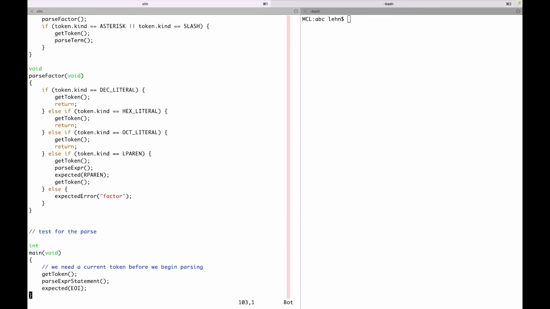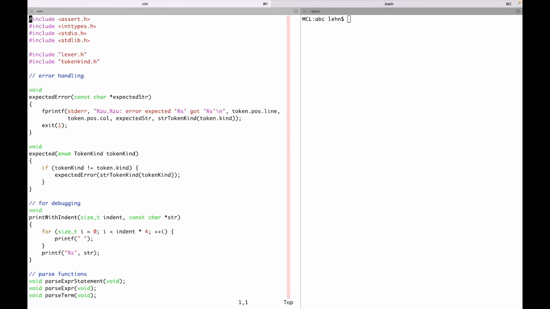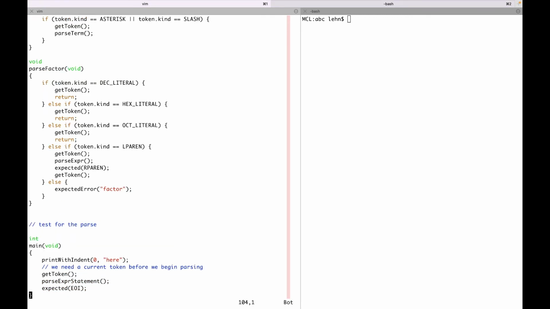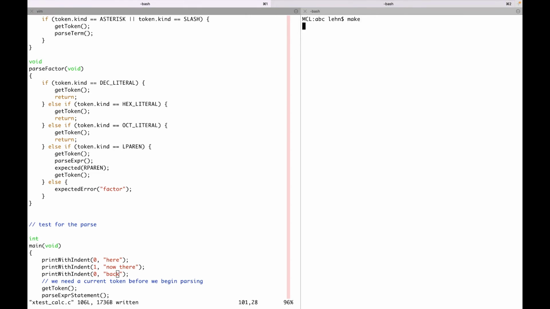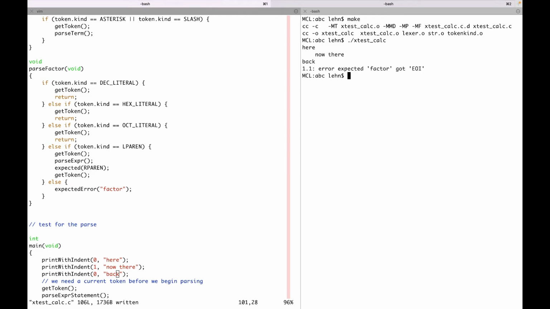And then you can use it like that. Let's do this here. For example, with an indent of 0, I want to print here. And maybe I also should print after the string a new line. So I want to print first here with an indent of 0, then maybe with an indent of 1 there, and then again with an indent of 0 back, something like that. And then you can have things like that. Okay,